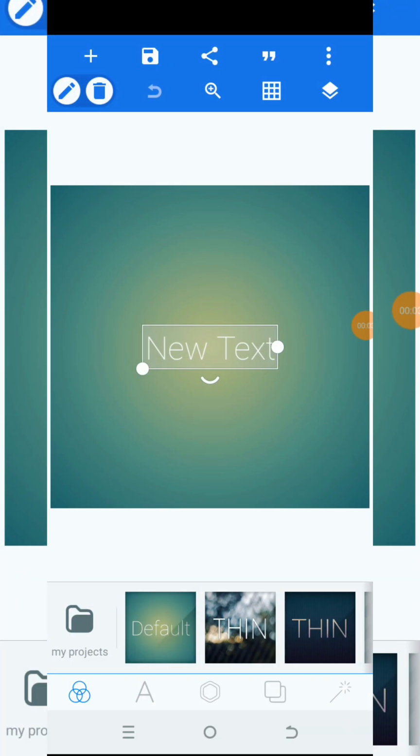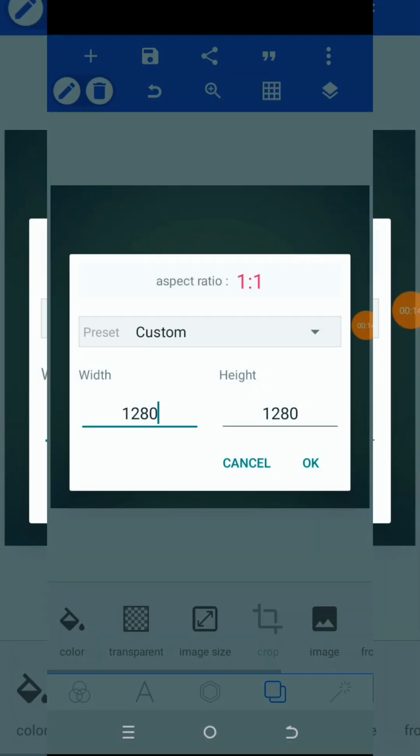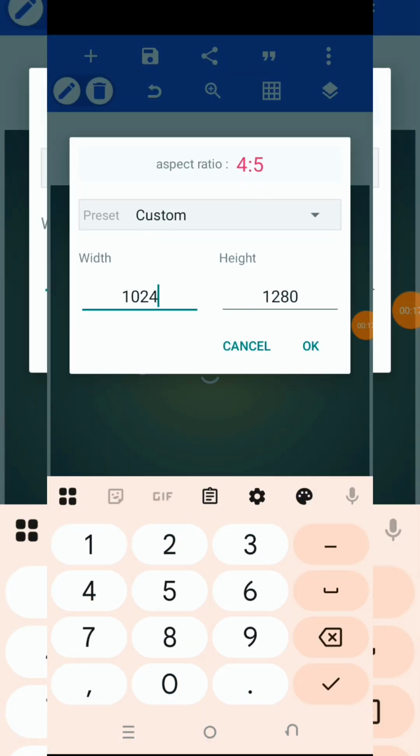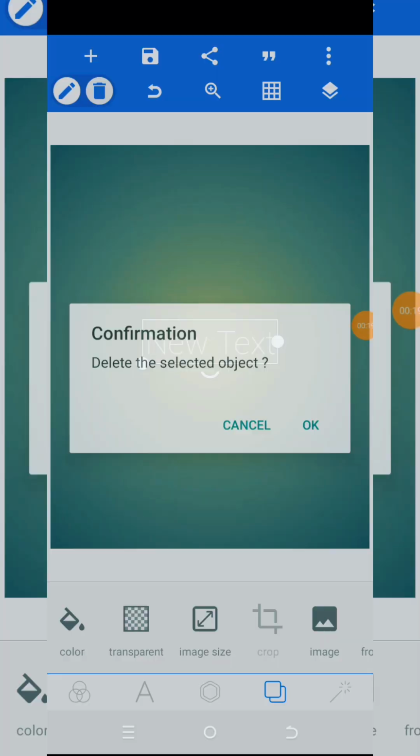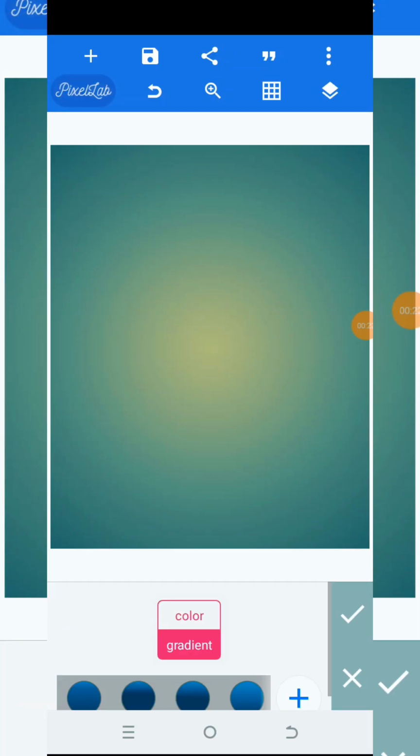So hi guys, let me teach you how to design a stunning birthday flyer using Pixellab. So here is the interface of the app, as you already know. So I'll go to size here. I'll change this to 1024. Yeah, I will be using this camera. So let me turn this to white